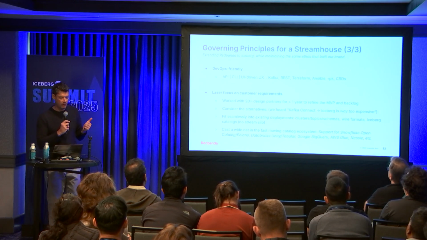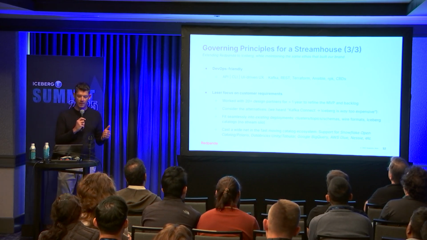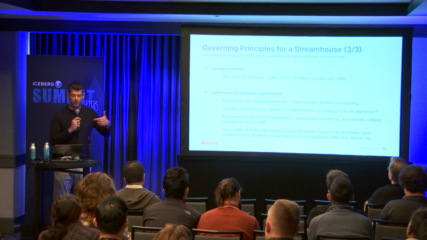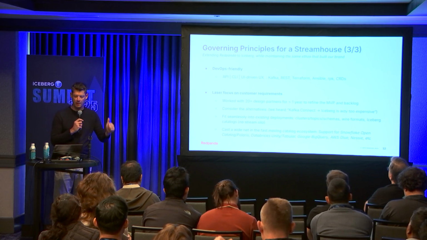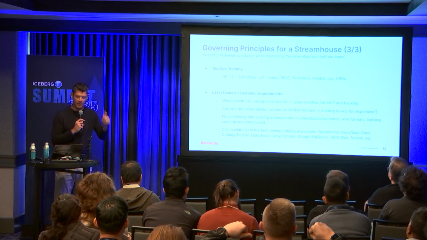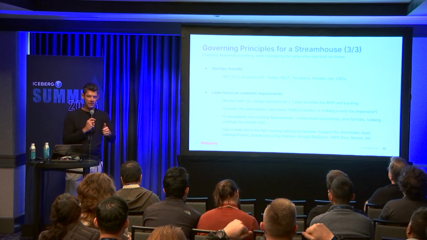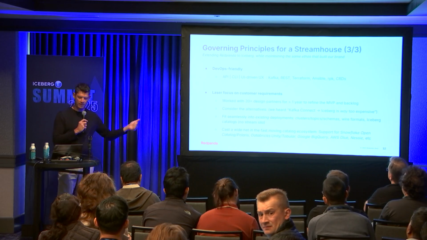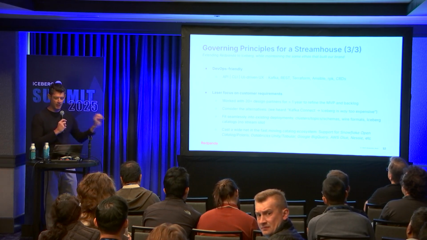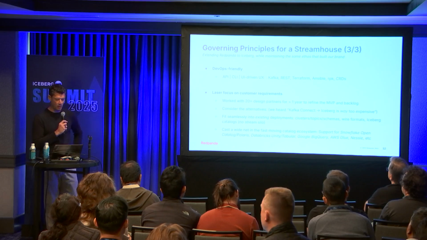I mentioned before, we're not cutting any corners here around being DevOps friendly. That means for this capability, the Iceberg topics, it needs to be accessible via Kafka API, REST API in our cloud, Terraform provider, Ansible, RPK, or if you're doing self-managed Kubernetes, in your CRDs, you can declare your topics in a CRD. You can put these properties, these ones are going to be in Iceberg, right? And you can sync that to us anytime you want.